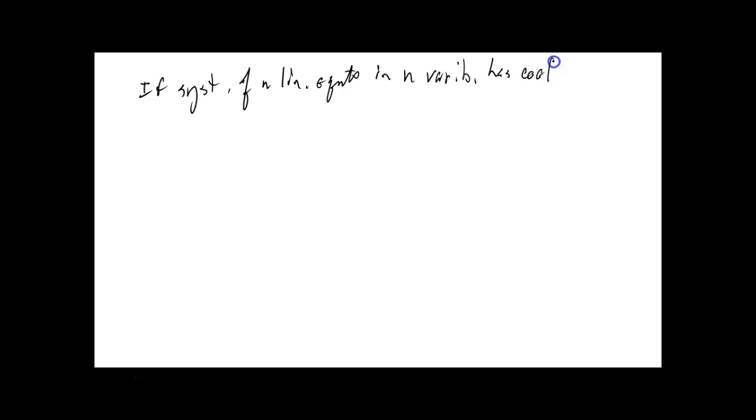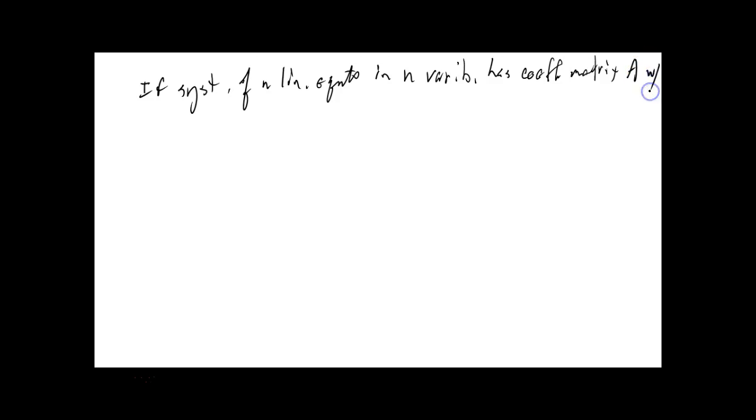If a system of n linear equations with n variables has a coefficient matrix A with a non-zero determinant of A, this is not equal to 0, then the solution of the system is